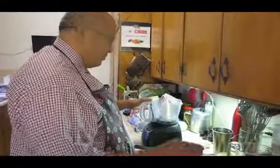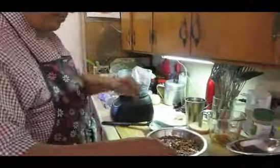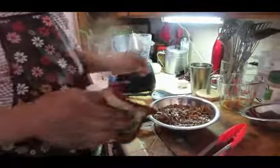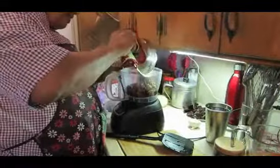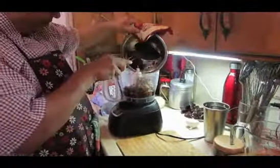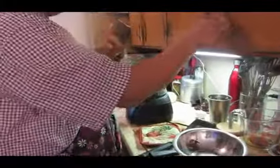Now, we're going to go ahead and add the hot chilies. Okay. We're going to go ahead and add this. Now, I'm going to use the little pot holder because the pot bowl is slightly on the warm side. So go ahead and add this, oil, everything. And you see there's some goodies left behind. So let's go ahead and get all of that. Okay. And we're going to add a little bit more oil